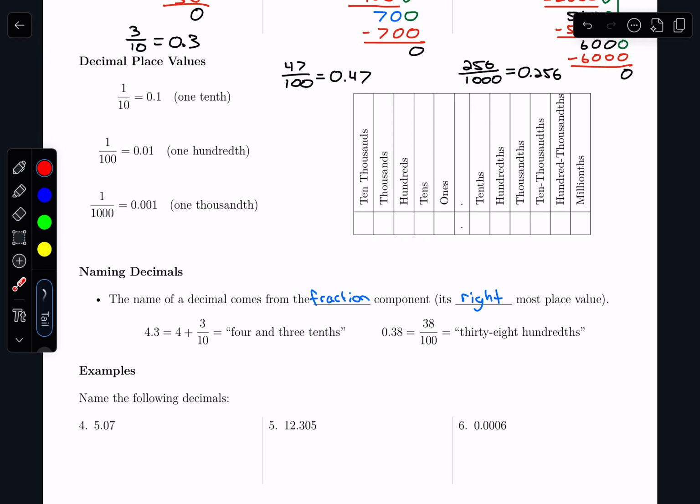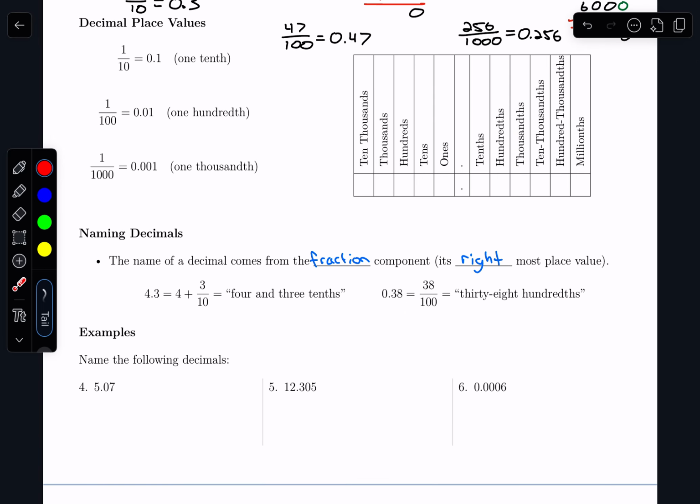All right, so let's go ahead and try with a few examples down below. We're going to use that chart up there. So our first number is 5.07 down here for number 4. So what I'm going to do is take 5.07 and throw it into that chart. So the 5 is in the ones place, then we have a decimal, and then 0.07. The way we name numbers is the whole number first. So the whole number component of this is just 5. When we get to the decimal place, we say and, which is why we did not use the word and when naming whole numbers. It only shows up with decimals. So it's 5 and